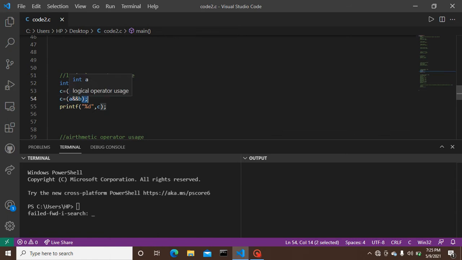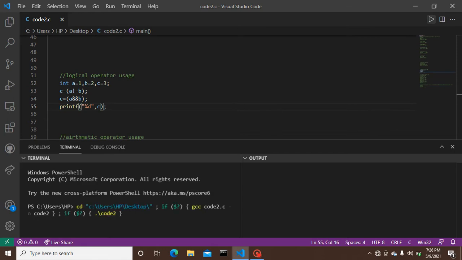That is, this statement is only true if a and b, that is 1 and 3, then it will give an output. a is not equals to b gives output according to this. Let's check the output. What will be the output given by the compiler? The output is 1.